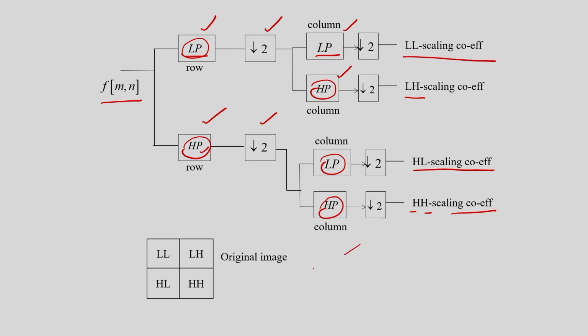So this is represented like this. The LL information, that is the low frequency information, is available here. LH information is available here. HL information is available here, and the very high frequency information, that is the high frequency information, is available here. So that means after this decomposition I will be getting this transform image.